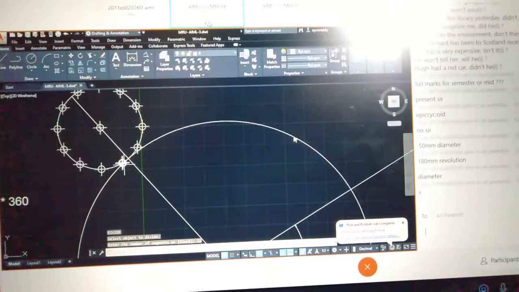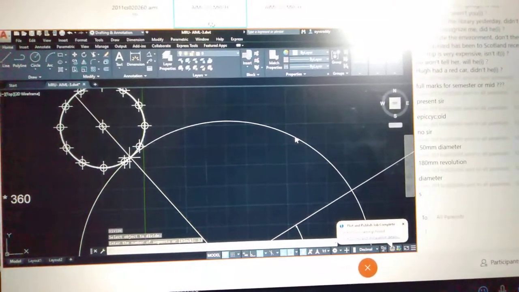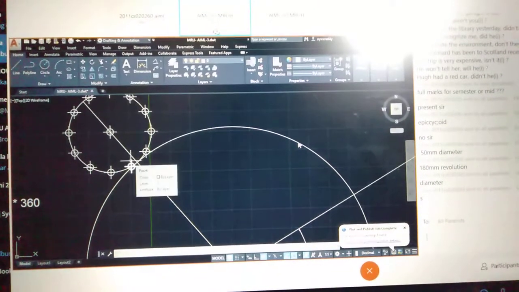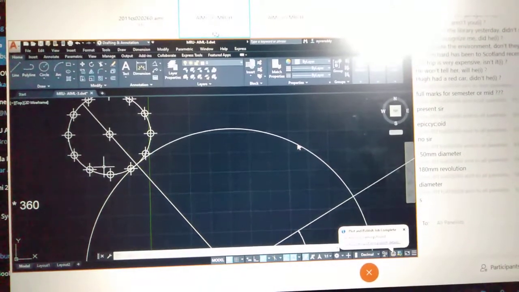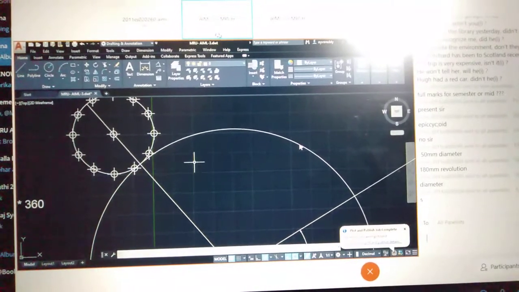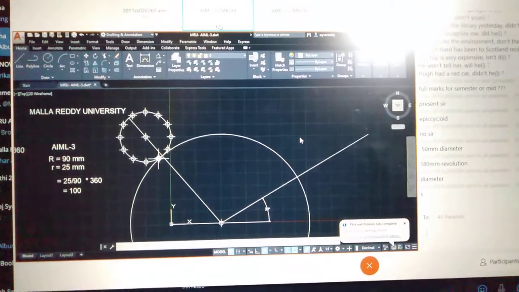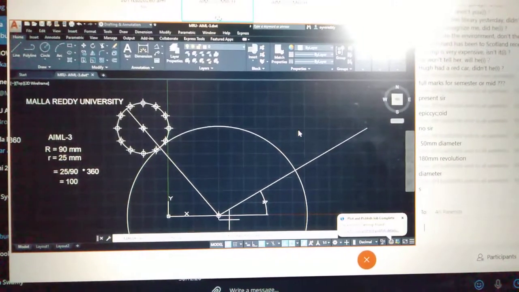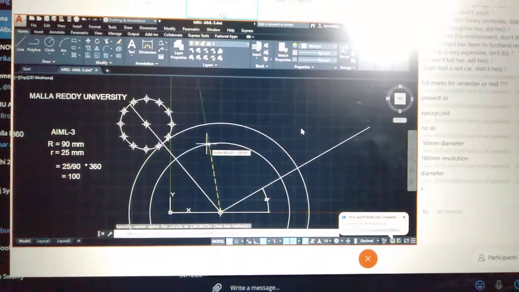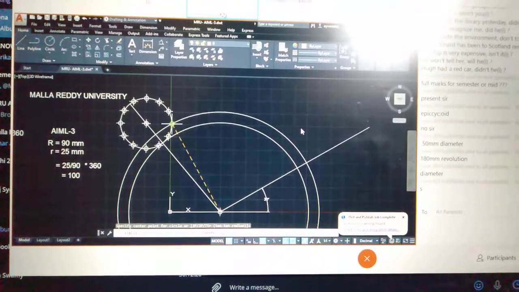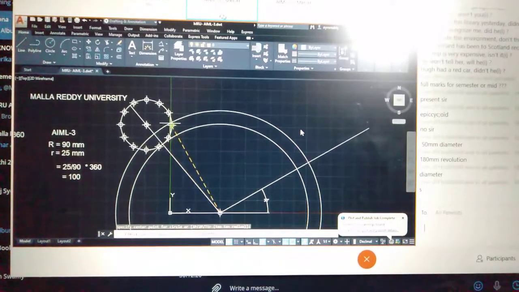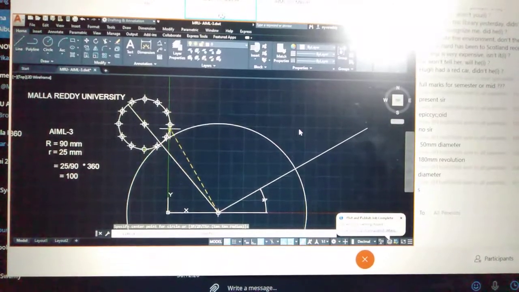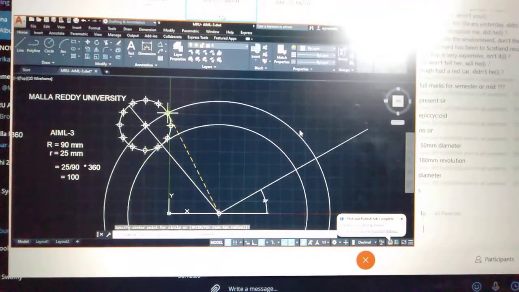But this point is not going to intersect here. Must and should, the 3 points will be laid on the line, but here it is not showing for me. Then what can I do, sir? Must and should, this line is going to intersect with this one. See here, when I draw a circle and touch this one, it is not intersecting here. Only single lines are appearing. Two circles are not intersecting here.